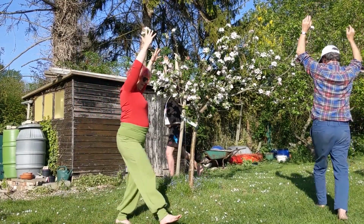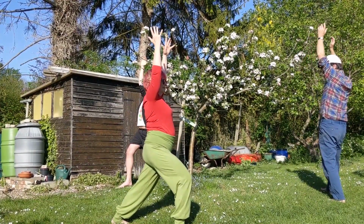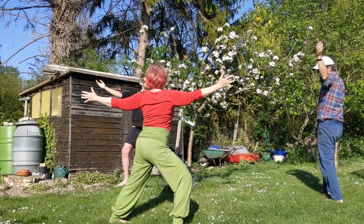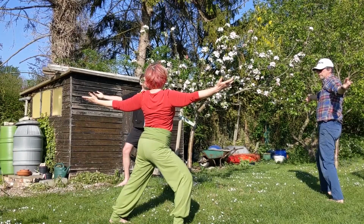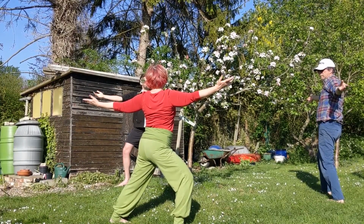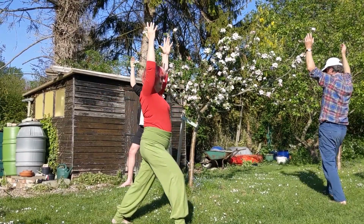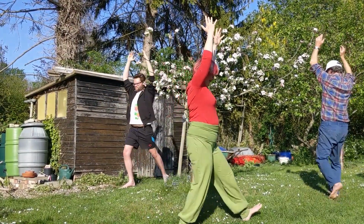Stepping through again, warrior 1, then opening the arms out to the sides to turn to warrior 2. And we're doing all the open ones, so when the right knee is forward, the right arm is forward. You could be looking into the centre of the circle, across at your friends, warrior 1, and stepping through to warrior 1 again,